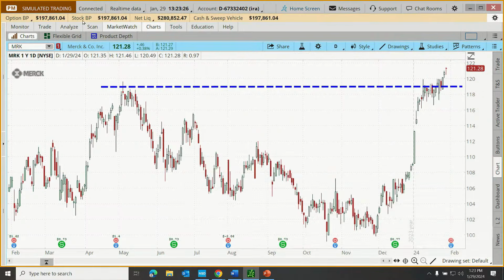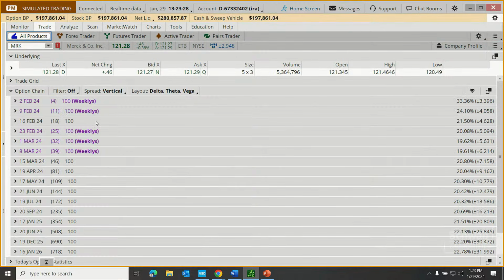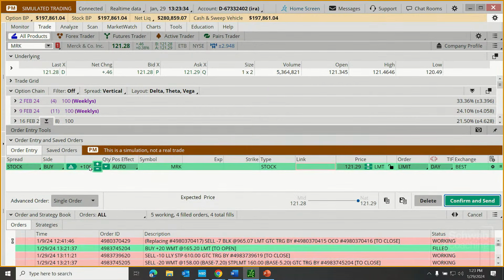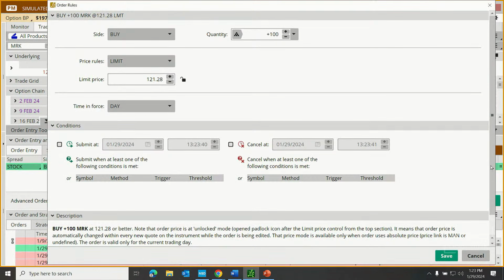Actually, let's do it this way. I am going to go to the trade tab just to get us more comfortable with this. Go to the trade tab, click on the buy order here. Let's say we wanted to buy 100 shares, but only under a specific condition. Okay. I'm going to click on the little gear icon. Off to the far right of each order, we can click on the little gear icon, and this allows us to put in further customizations.